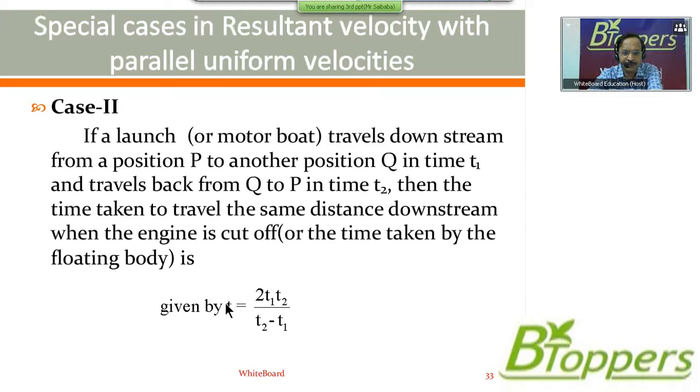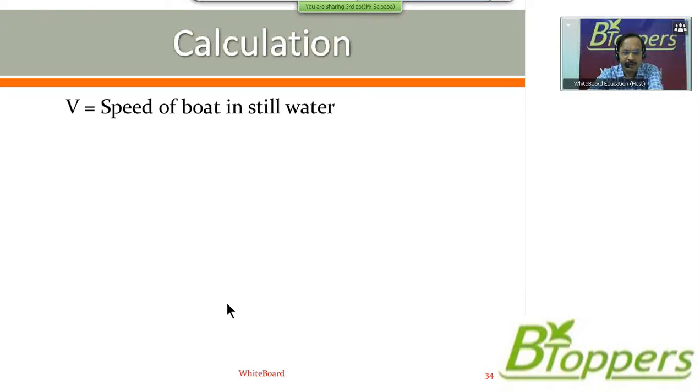I'd like to show you the calculation for this. Let S be the distance from P to Q. Let V be the speed of boat in still water or speed of boat relative to water. And U is equal to speed of water. In general, we can write magnitude of the displacement is equal to magnitude of the resultant velocity into time taken. That is, when the body moves with uniform velocity, magnitude of the displacement equal to magnitude of the velocity into time interval.